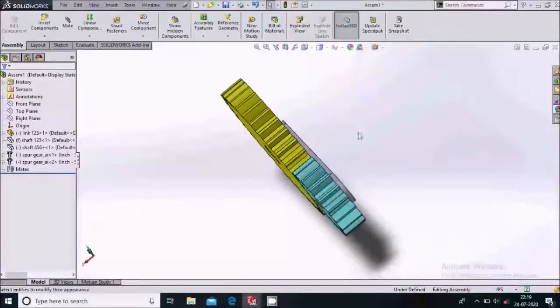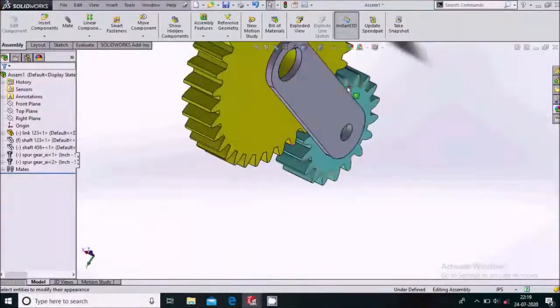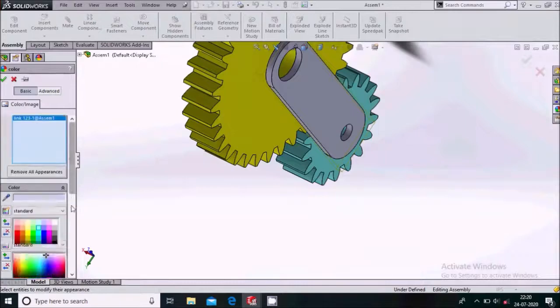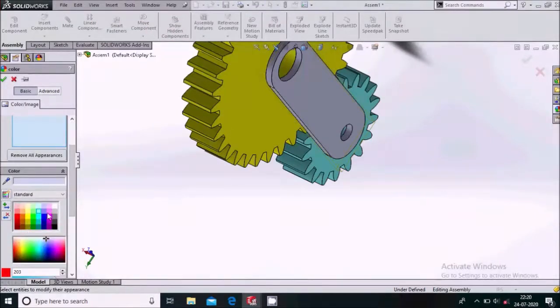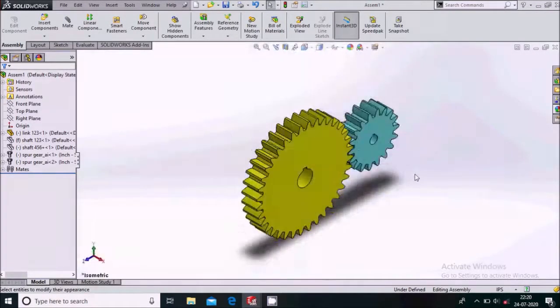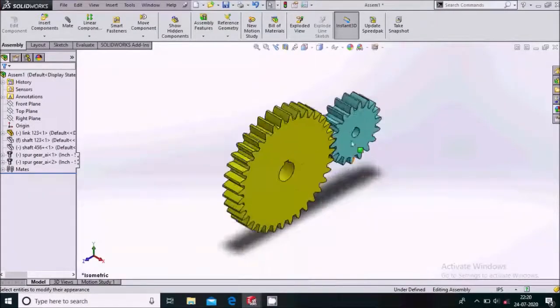OK. Now remaining is our link. So simply select edit appearances, select this and we will give it pink color. OK.